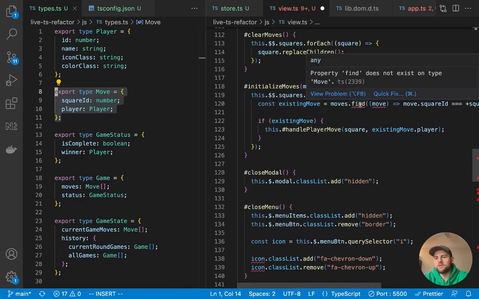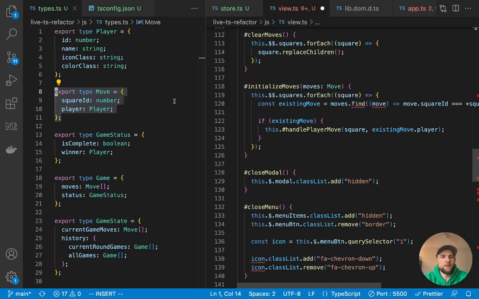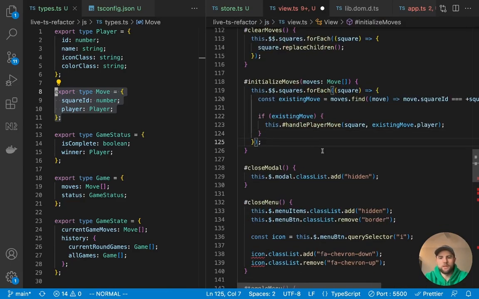And that's because I've intentionally messed this type up. We want an array of moves, not just a move. So to specify that, we can either say array, which is a helper utility of TypeScript, or you can just do it shorthand and pass the brackets at the end of it, which specifies that moves is now a moves array. So now this is valid and you can see everything's working.